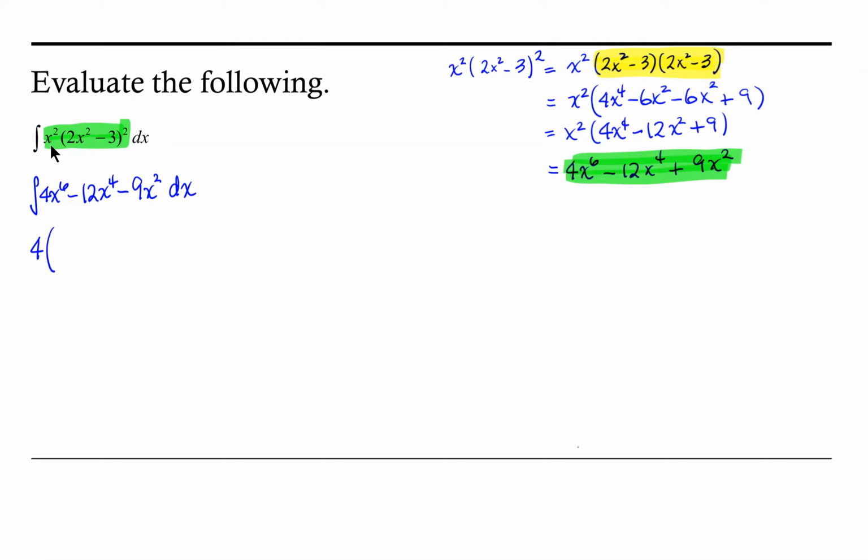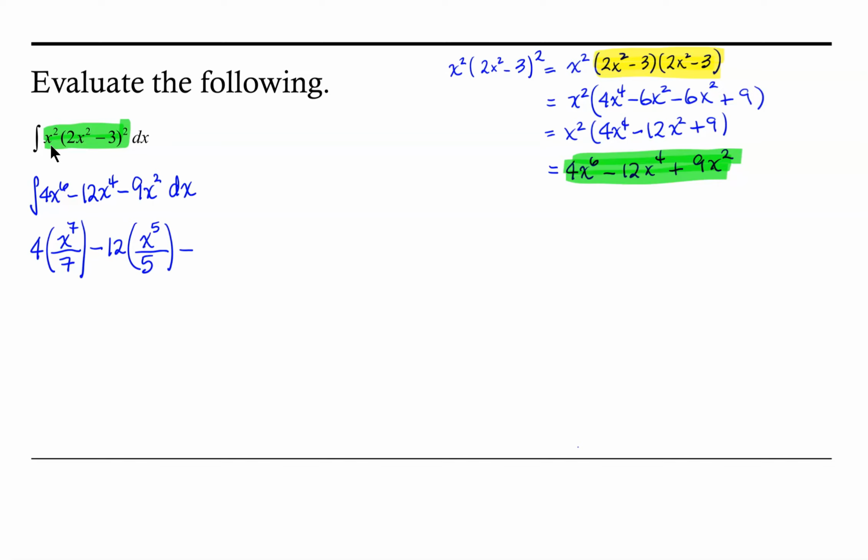The antiderivative of x to the 6th is x to the 7th, so we add 1 to the exponent and divide by that new exponent, so x to the 7th over 7 minus our coefficient of 12, and then the antiderivative of x to the 4th is, we'll need to add 1 to the exponent, so it'll be x to the 5th, and then divide by that new exponent, which would be 5. So we have x to the 5th over 5 minus,